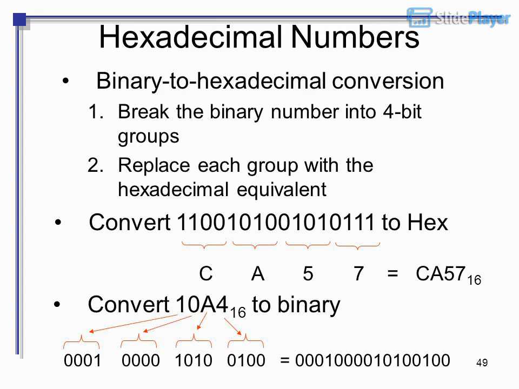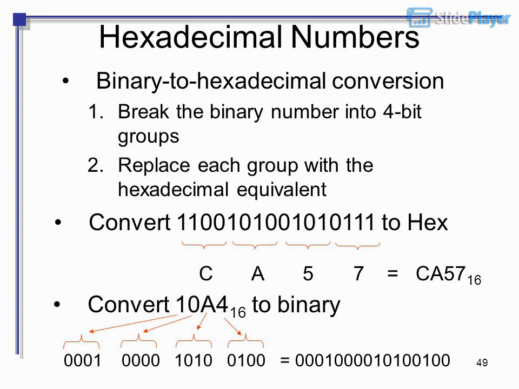Hexadecimal numbers: binary to hexadecimal conversion. Break the binary number into 4-bit groups. Replace each group with the hexadecimal equivalent. Convert 1100101001010111 to hex. CA57 equals